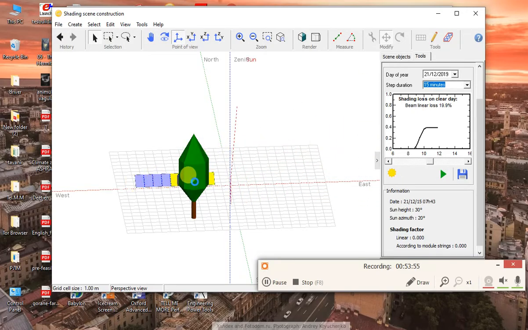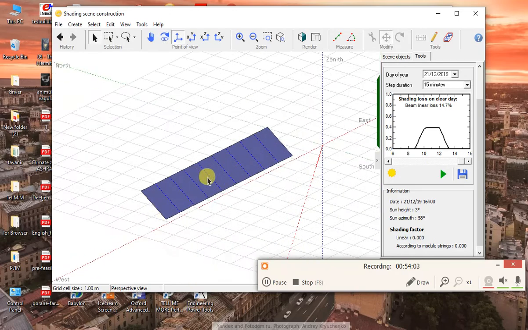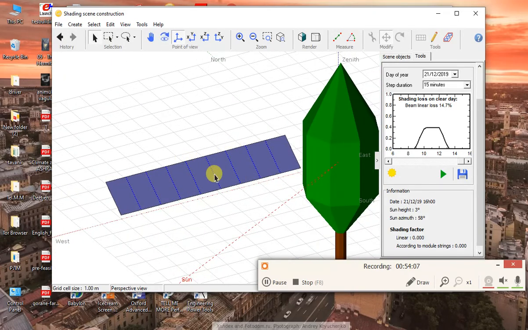As you can see here, the effect of the shadow on the panels was a grey. And you can see here the shading loss on clear day, beamliner loss is 14.7% over 1 day, and it's from 9:30 AM to 1 PM. We have a loss here, a loss of electricity generation by our photovoltaic panels,